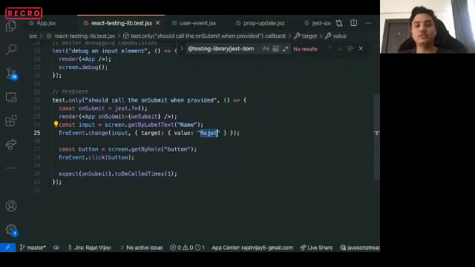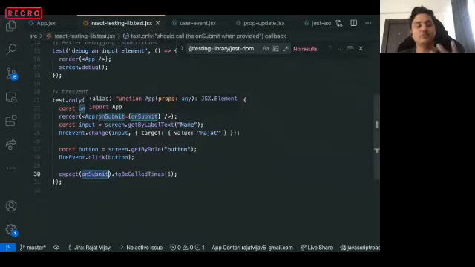You can write any value here. I'm writing my name here, Rajat. Then you query a button, and then you fire a click event on that button. Finally, when the button is clicked, you can expect that the onSubmit function that you passed as a prop to your component is being called exactly one time.